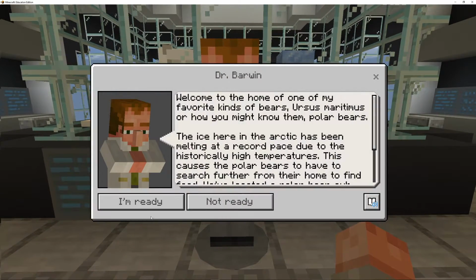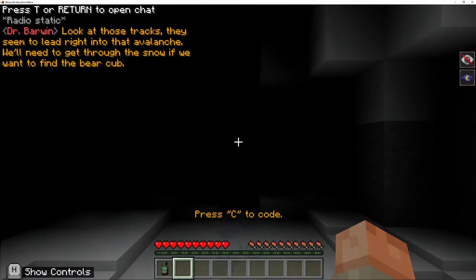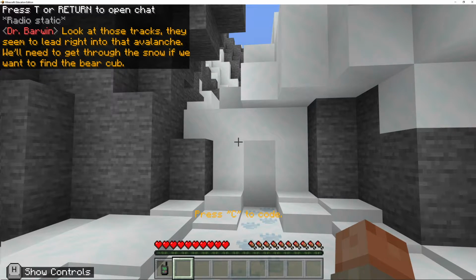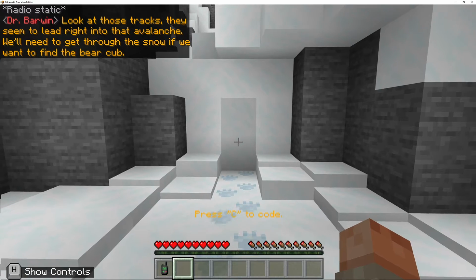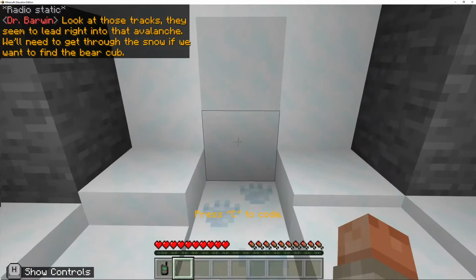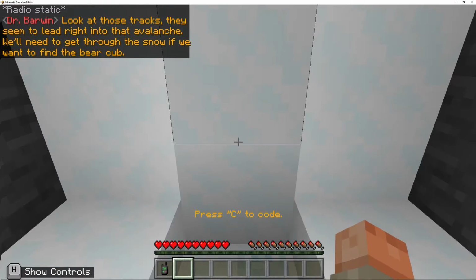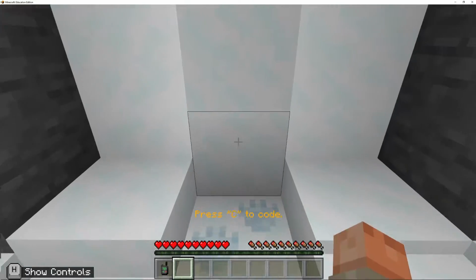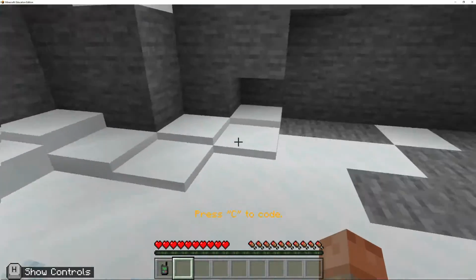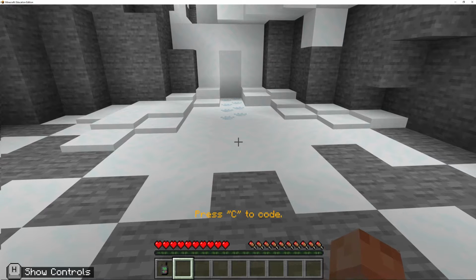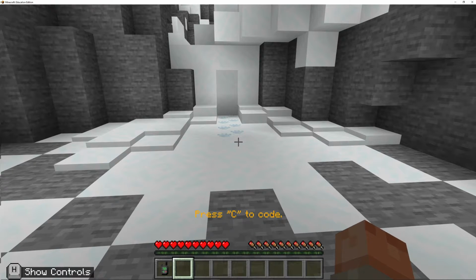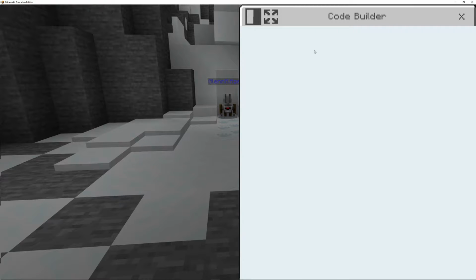So I'm going to right click on Dr. Barwin, and then we're going to go and say I'm ready. So here we are going to explore this here, so we're going to say while this is here and it can detect something, we've also got to move forward at the same time. So we can see the polar bear's footprints, and we are going to have to go to our code,